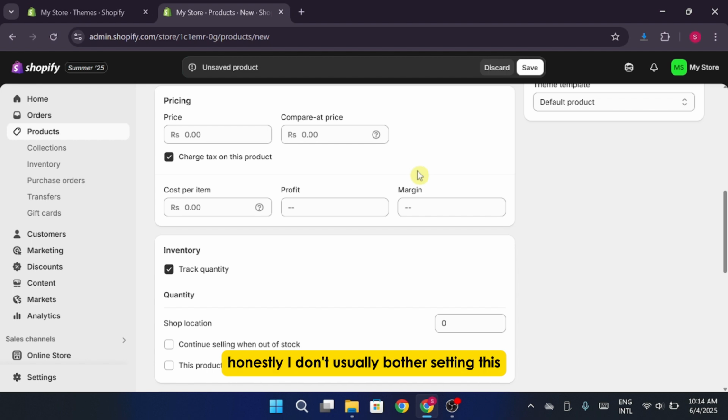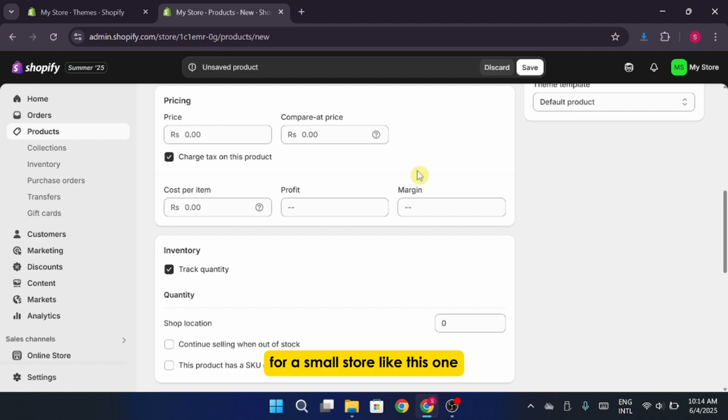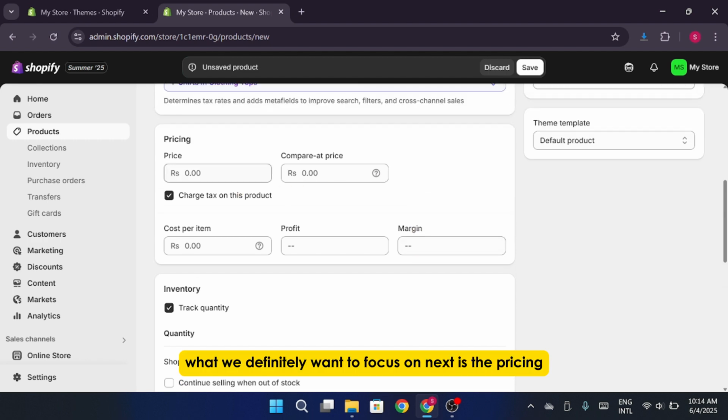Honestly, I don't usually bother setting this unless I'm running a huge store with lots of products and categories. For a small store like this one that's just selling a handful of t-shirts, I'd skip this step. What we definitely want to focus on next is the pricing. I want to price this Maxwell graphic t-shirt at